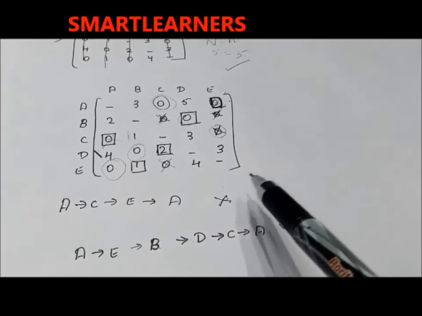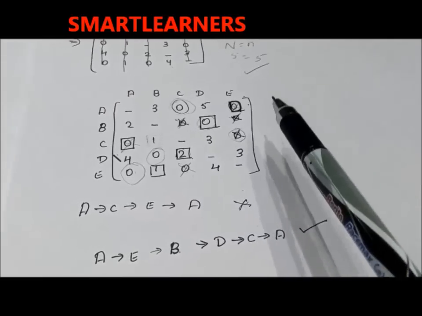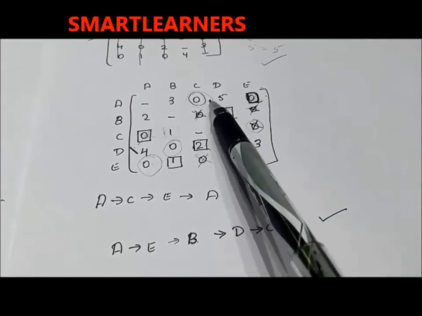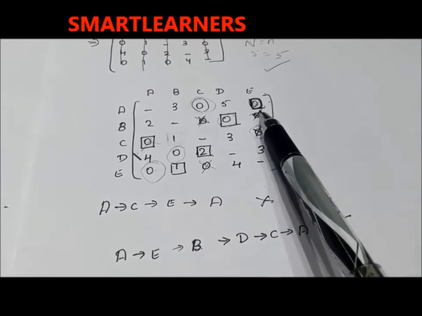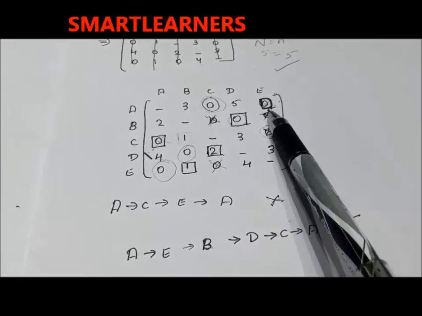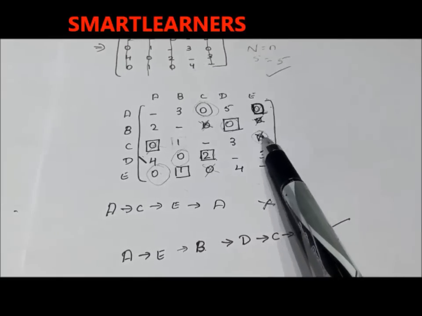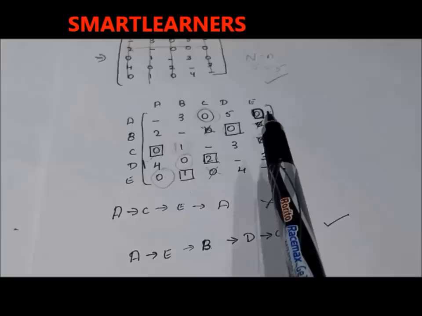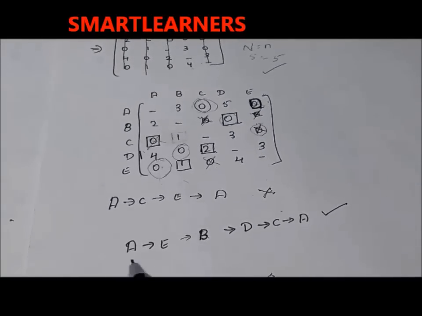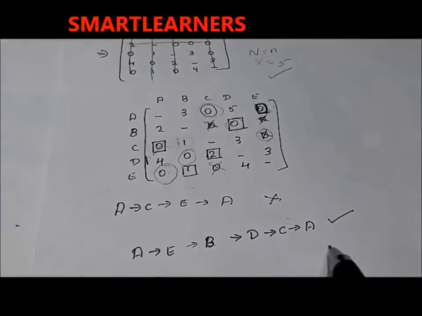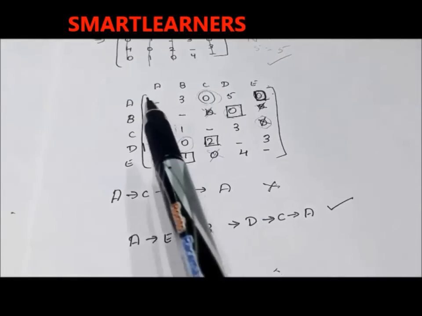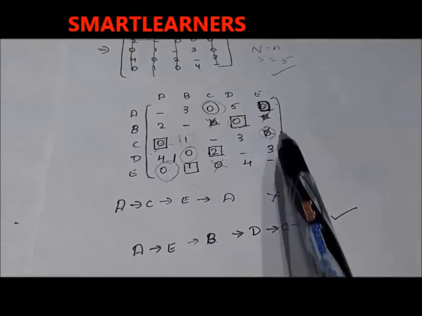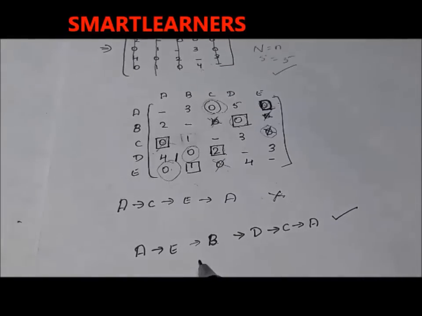So we are trying to make some changes in the previous assignment that we have made. Here instead of choosing C, we are choosing E. So we are cancelling out all the other zeros present in that particular E column. First of all, write down the path taken by the travelling salesman. First we have taken A tending to E, so write A tending to E.